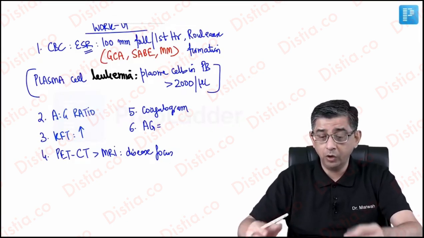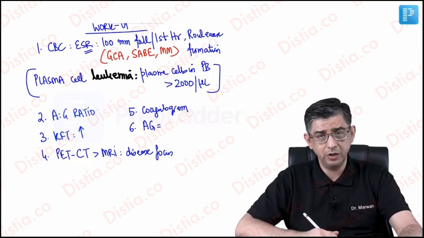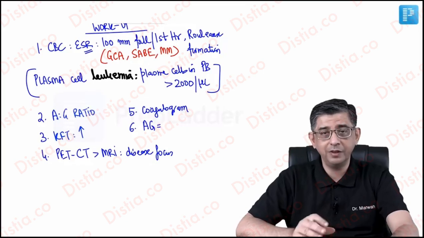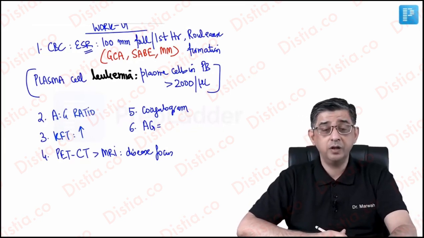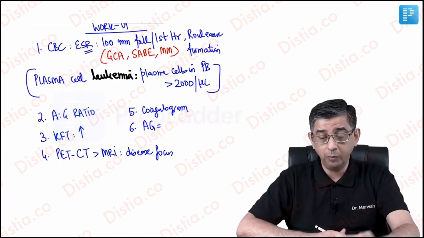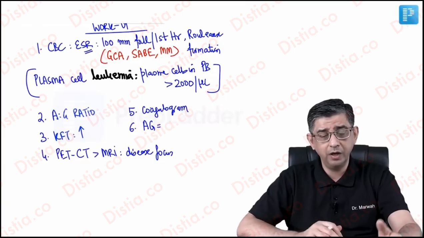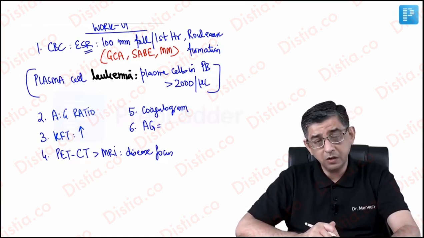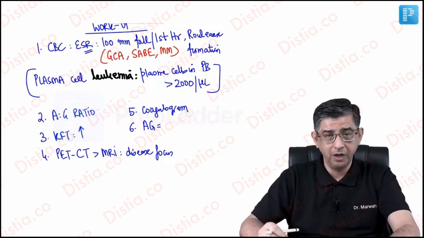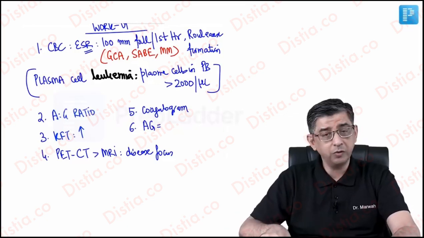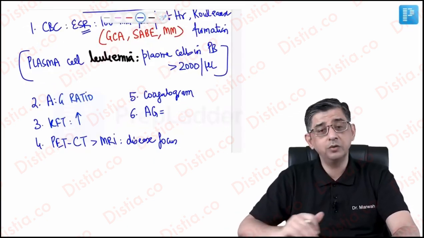of multiple myeloma, not because they will talk about lytic lesions in the skull, because I think those days are gone when they used to ask about it. So you would rather be able to crack them on the basis of the aspects that I said: anemia, renal failure involvement occurring in these patients, and then two laboratory parameters, very harmless sounding, SAP being normal, ESR of 100. These are good pickup points which must be given due respect, because otherwise if you go through the stem of the question, it will take almost 2 minutes to read the question itself.